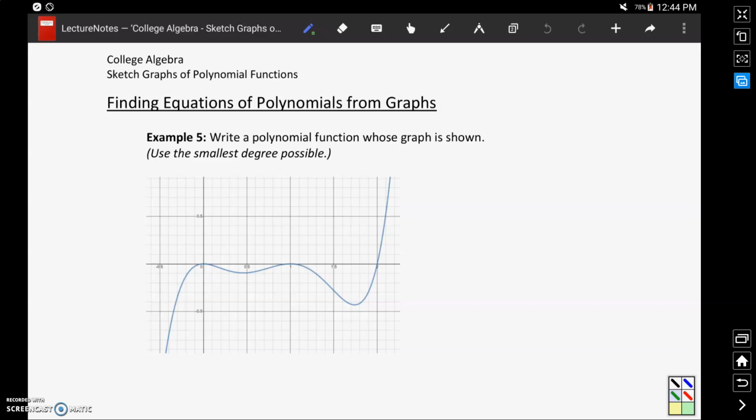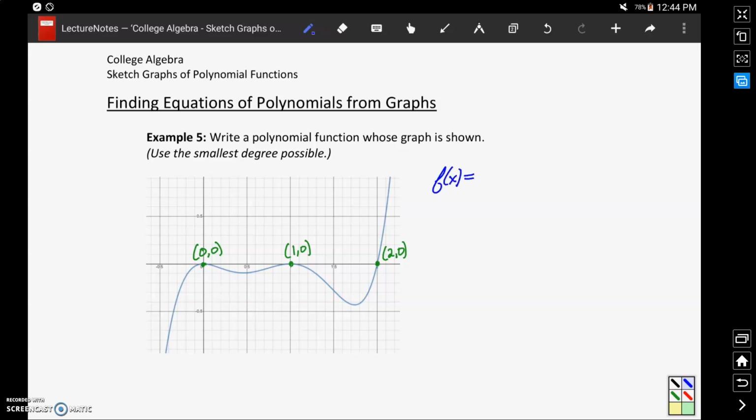In examples 5 and 6, we want to find a function that corresponds to the graph of the given polynomial. We can start off in example 5 by pretty easily identifying our x-intercepts, which occur at (0, 0), (1, 0), and (2, 0). Using that information to start filling in our function,